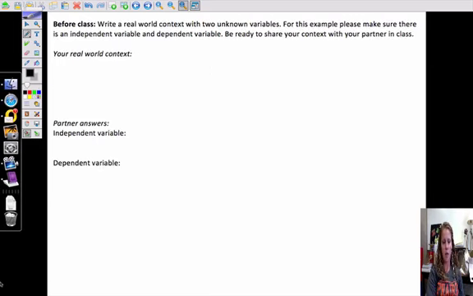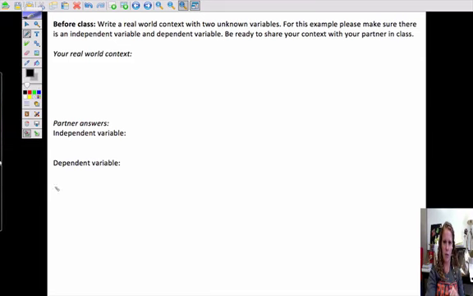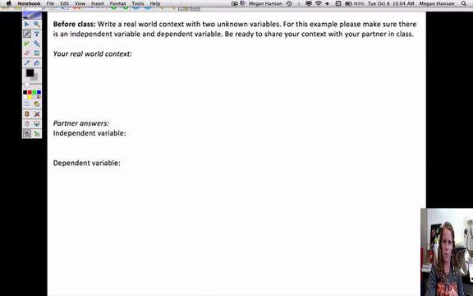All right, so before class, write the real-world context of 2 unknown variables. For this example, please make sure there's an independent and dependent variable. We're going to focus just on those. If you want to do a little bit more, maybe write another one that doesn't have independent and dependent, write one in standard form, and we'll see if we can get some of those in our roundabout as well, because I think that would be a nice push. So yeah, overachievers, go do that as well. And we will talk about those